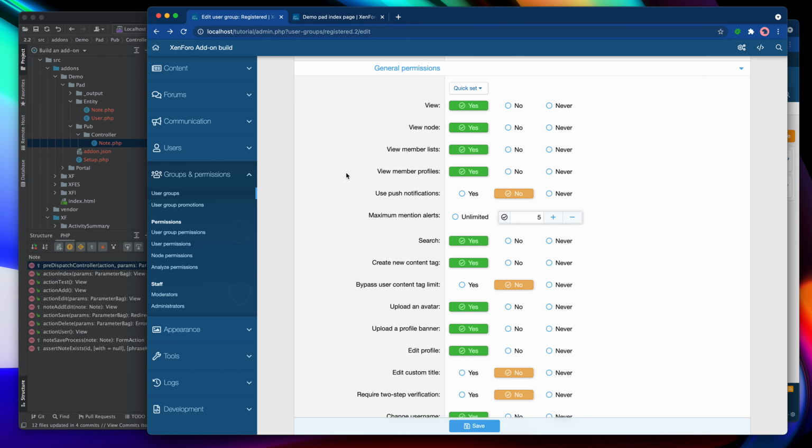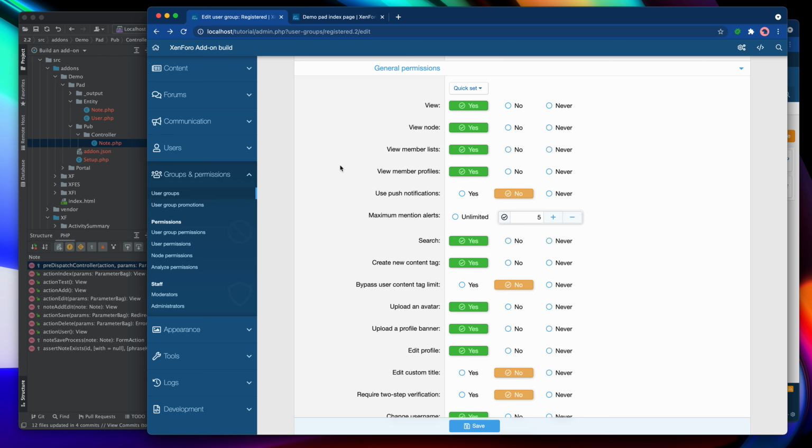The permission system and the ability for user groups to apply those permissions to different groups of users represents a huge part of XenForo's functionality. The ability to control who can do what is at the heart of an awful lot of the power that is at your disposal. So it's really important when you're building an add-on to understand what the permission system can do and how it works, and how to add your own permission system for your own content.